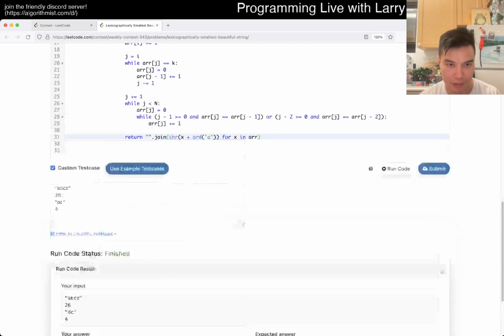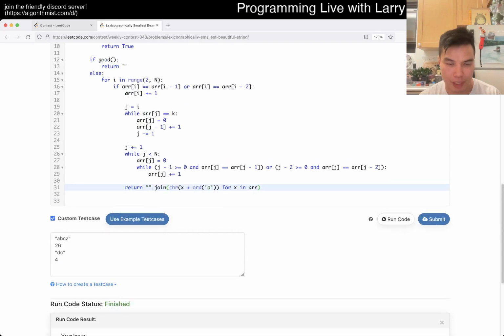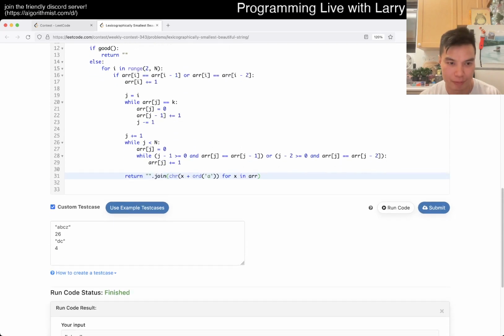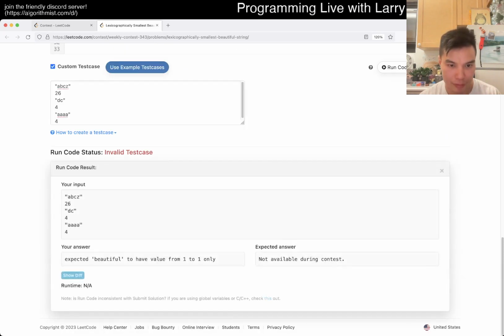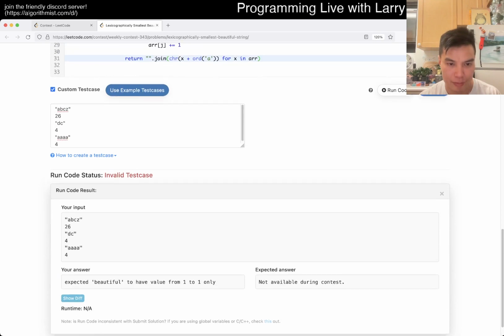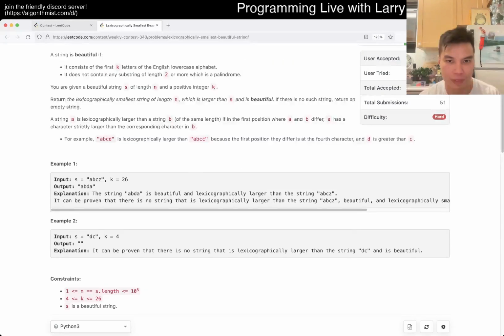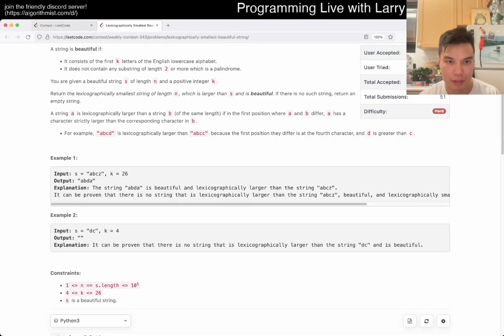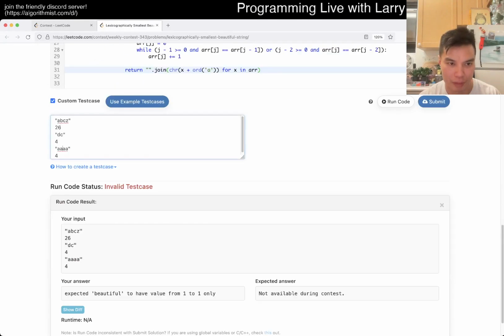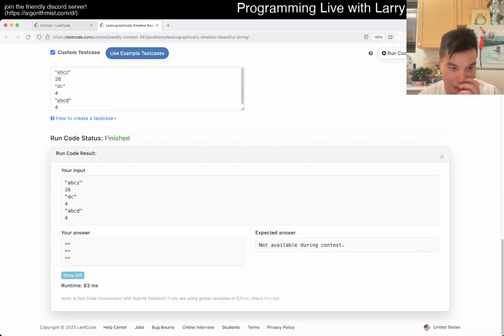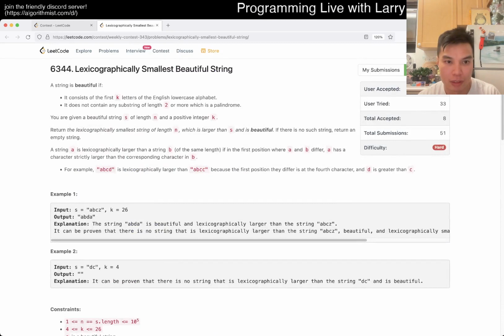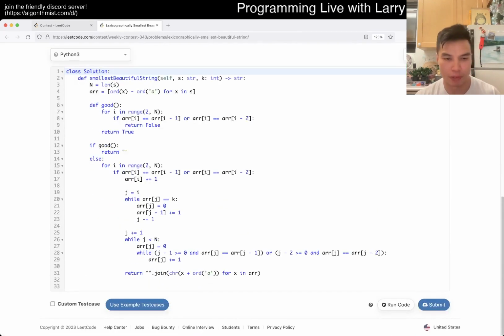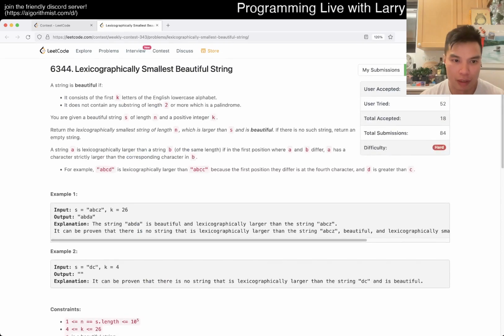I don't know this even once, but okay, fine. Oh, I guess that's true. I mean, beautiful. Oh, it's already beautiful, huh? I missed that part actually, so maybe there is an easier answer. Because you're given a beautiful string, that's why I missed that part. Okay, so if you're already given a beautiful string, then